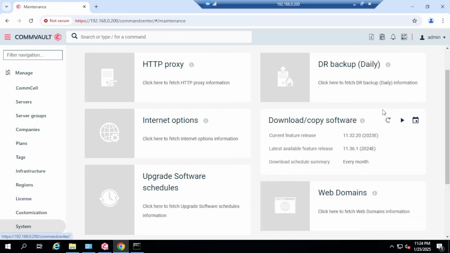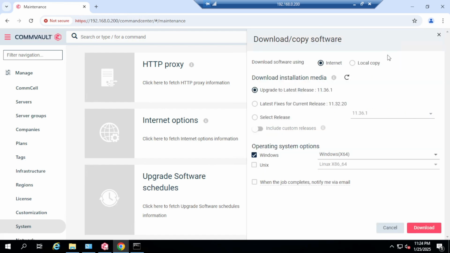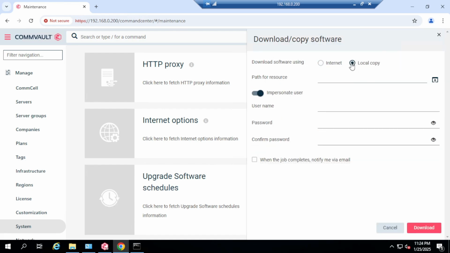So you can see here the current release is this and the latest available feature release is this, but I don't want it to download the latest available feature release. I would like to build a cache for 11.32 only. So click on run, and I want to select the local copy because I don't want it to download